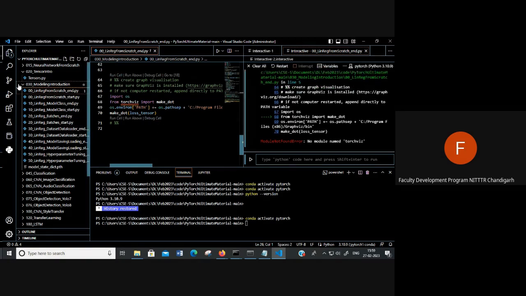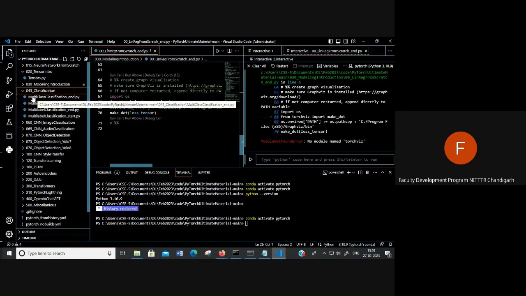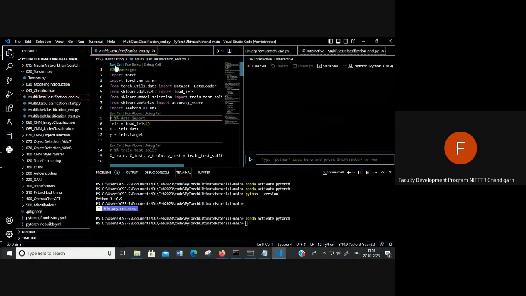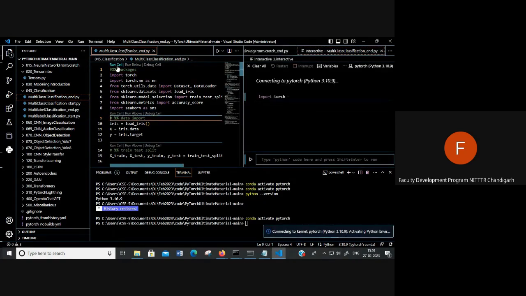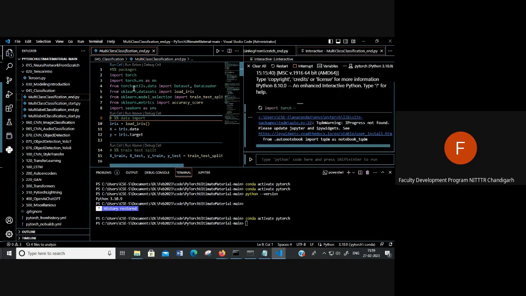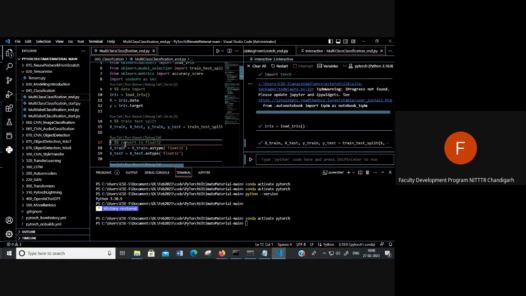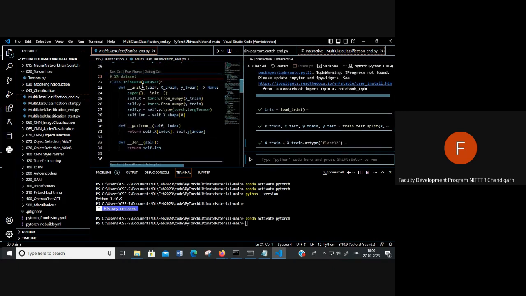So now you want to do some classification. So classification could be binary class or multi-class classification. So you can run this code. So it is importing the torch, the data sets. It's installing the iris data set. Then we can import the data set. We can divide into training and testing. We can convert this cell,